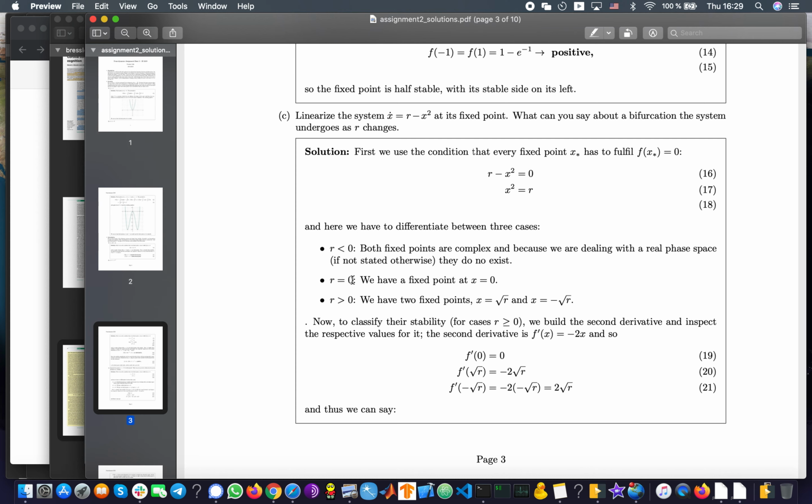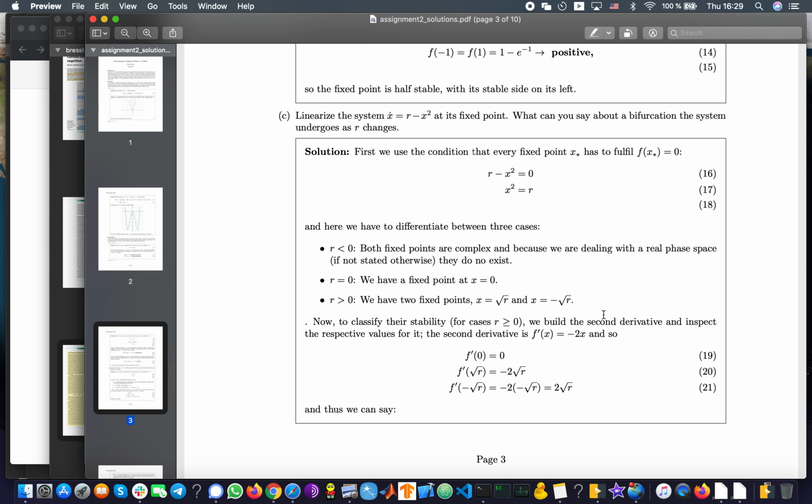If r is 0, then we have a fixed point at x, because x squared is equal to 0. And if r is positive, then we have two fixed points, the square root of r and minus the square root of r. And again, for finding the derivative of it, actually it is written as the second derivative, but it means